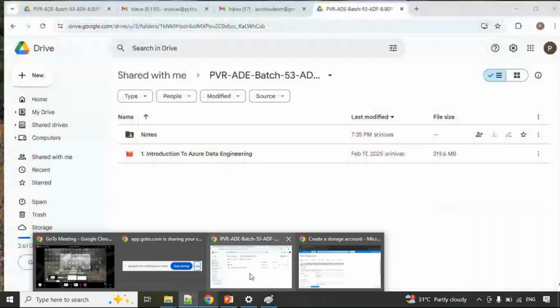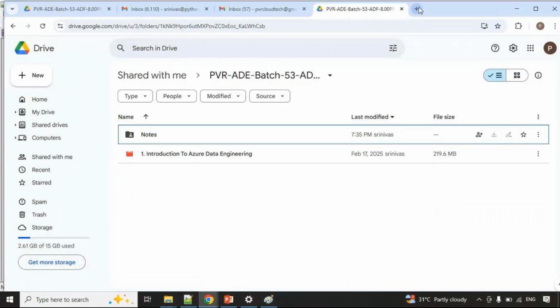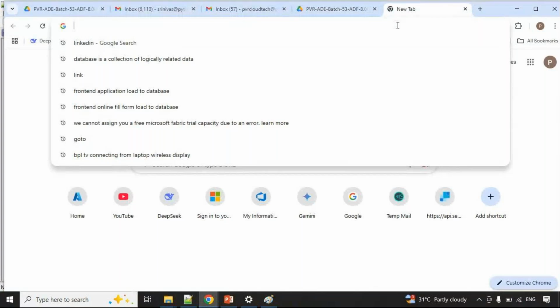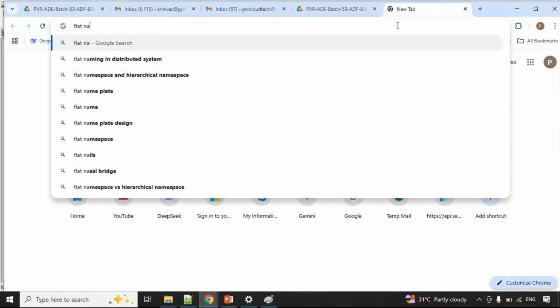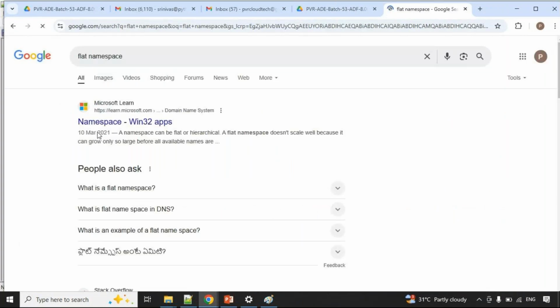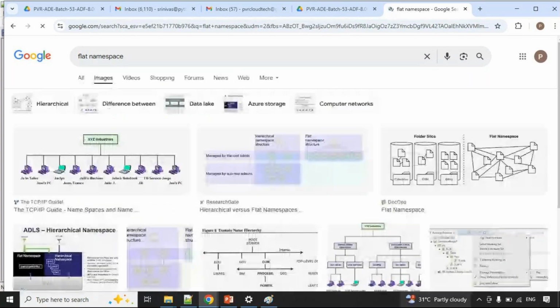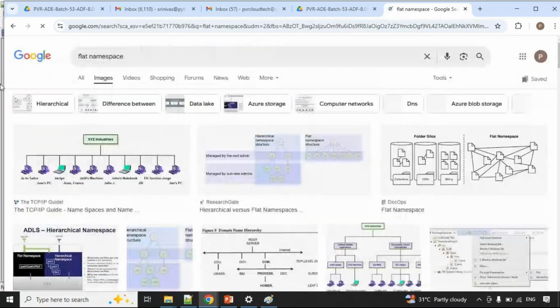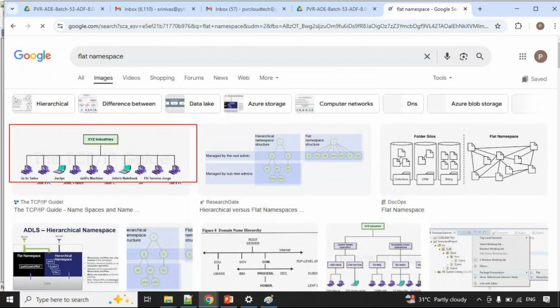Observe here, flat namespace. When you go for a flat namespace, the hierarchy will be like this. Whatever files we create, everything is attached to the root directory only.